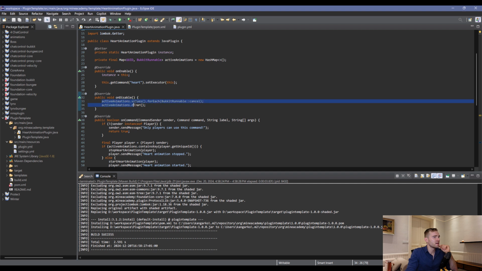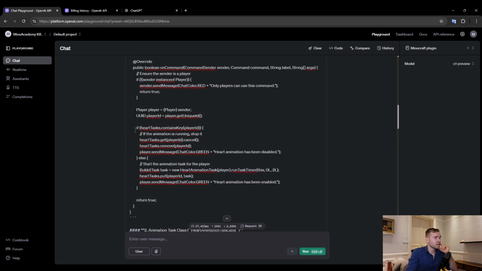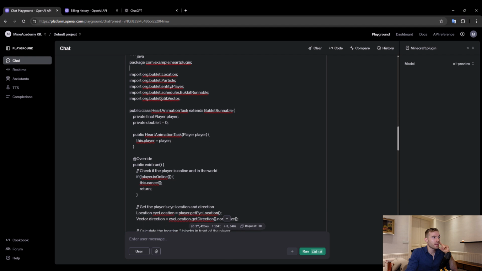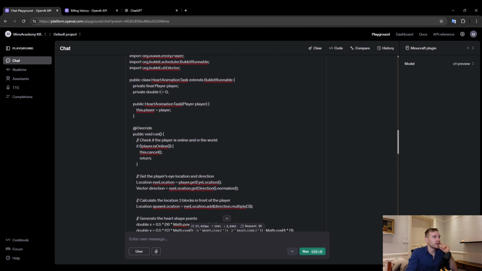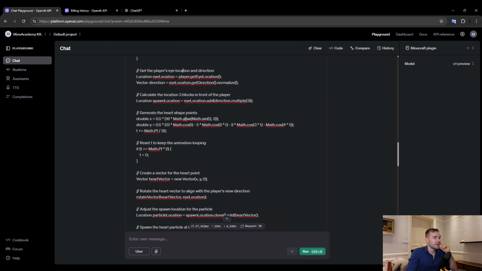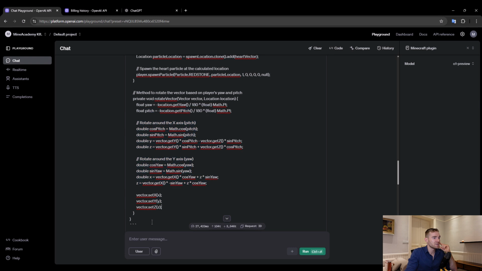Oh yeah, it did. But here, for some reason, it decided to use a lambda, and here it just used the good old for loop. And then here, I guess the logic of this is the same. However, it did split it, so it gave you 2 classes instead of 1, and it gave you a nice heart animation class. I wonder what a T is, because I told it this is made for a player, right? So this will work properly for multiple players, and it also auto-cancels if the player has disconnected, which is really nice. And then it's got some mathematical magic behind, and even more math magic, which I can't read, unfortunately.